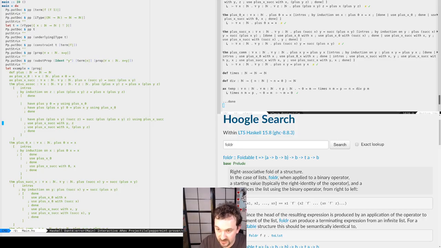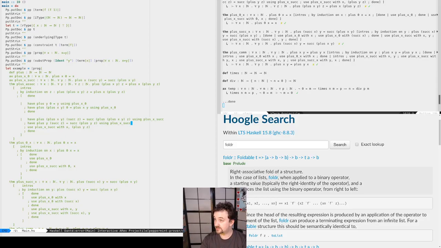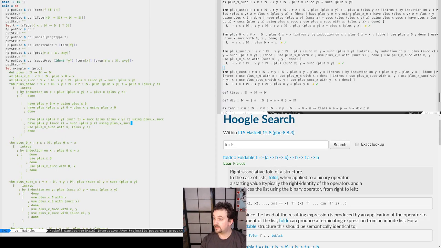We're using plus x suck a lot, so we could just use it once and have plus y sucks z equals sucks plus yz using. Still works, I think. Yeah.